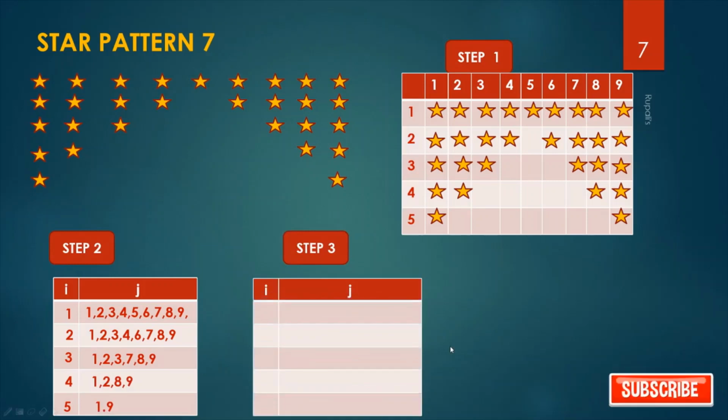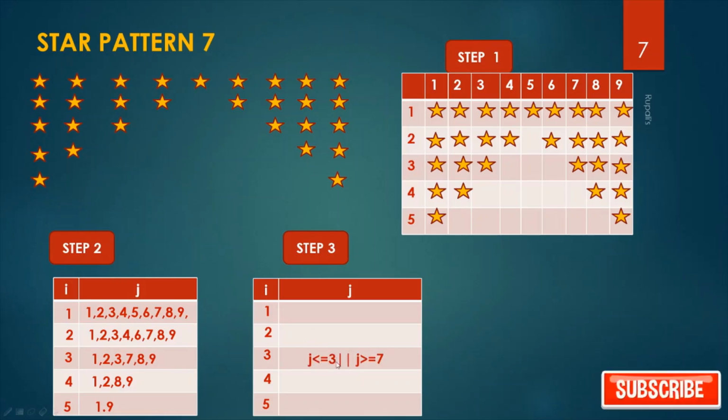In case of step 3, first write the row numbers. Now when I is 3, J is 1, 2, 3, then 7, 8, 9. When I is 4, J is 1, 2, then 8, 9. And when I is 2, J is 1, 2, 3, 4, then 6, 7, 8, 9. So we can write in this way.